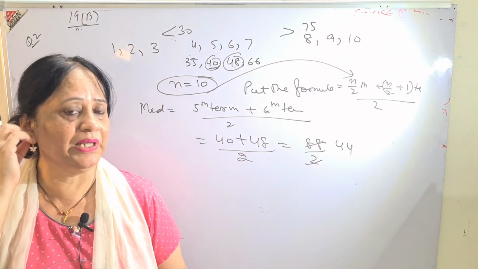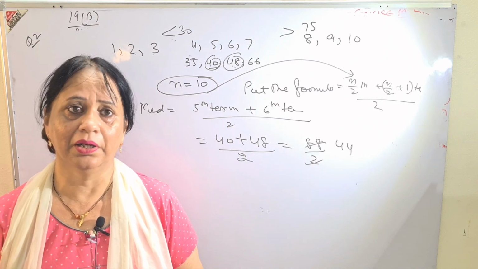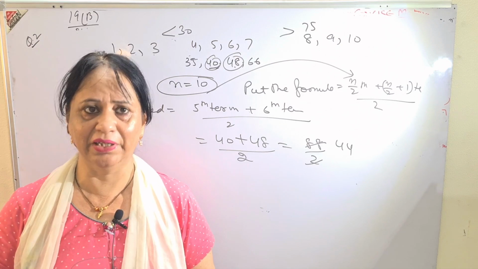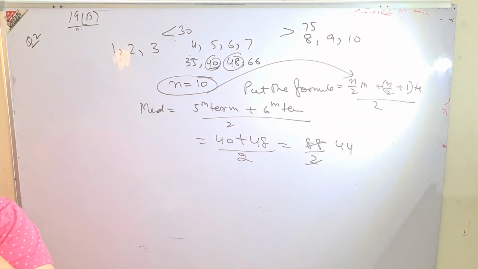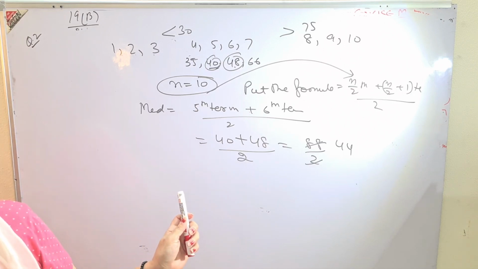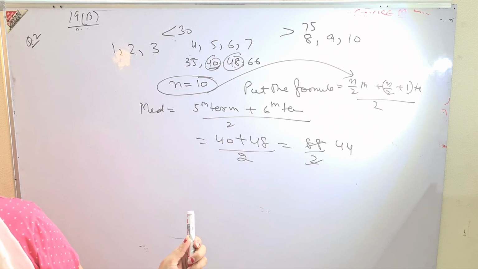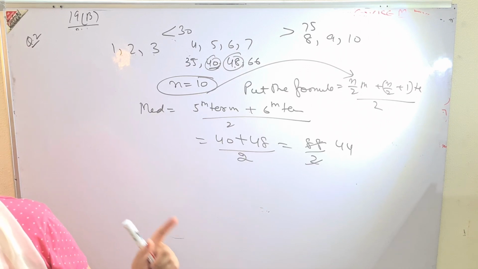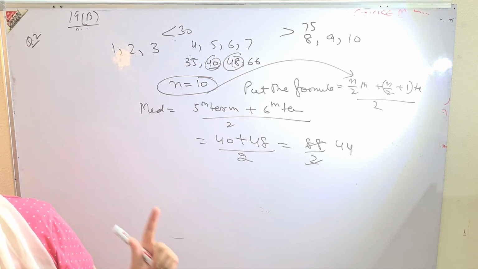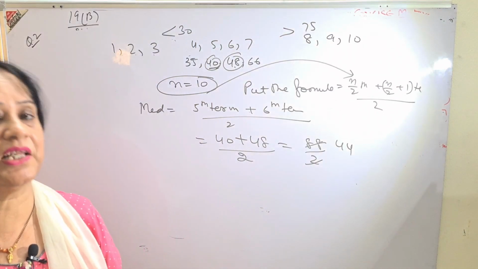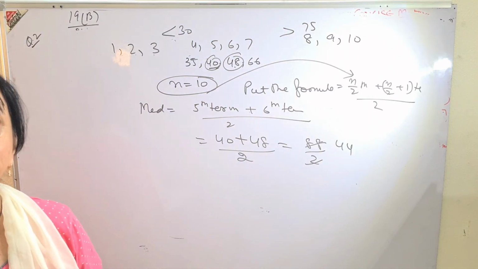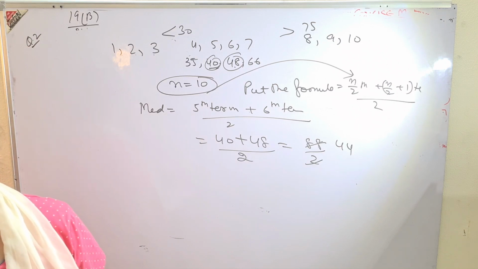See children, mean and median, it is so simple. Very, very easy sums. I have given you the video on mean and median because some of you were confused. This is how you are going to write it and present it. Then exercise 19C, you will do it yourself. In fact, prepare exercise 19C nicely for the paper, because it is a mixture of 19A and 19B.